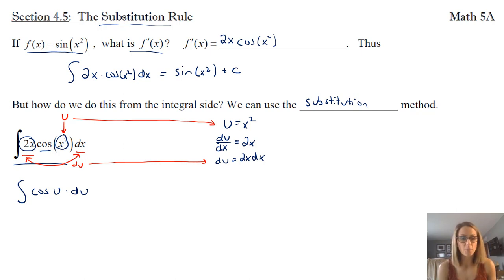Now, the reason we do that is because we know the antiderivative of cosine of something. We don't know the antiderivative of 2x cosine x squared dx. We don't just have a rule for that having been given in one of the earlier sections. But we do have something for the antiderivative of cosine u du. And what that is, the antiderivative of cosine is sine of u. And so we have that. And we can add c. And then we replace the u with what u is equal to, which is x squared.